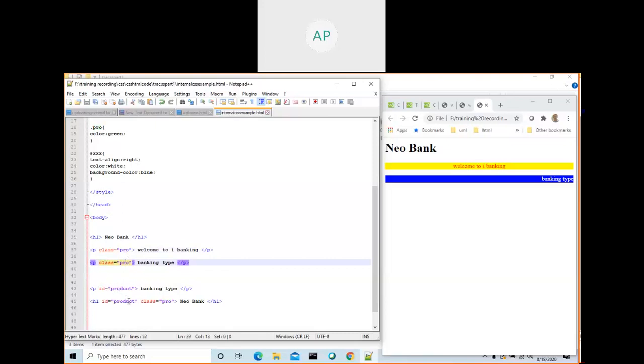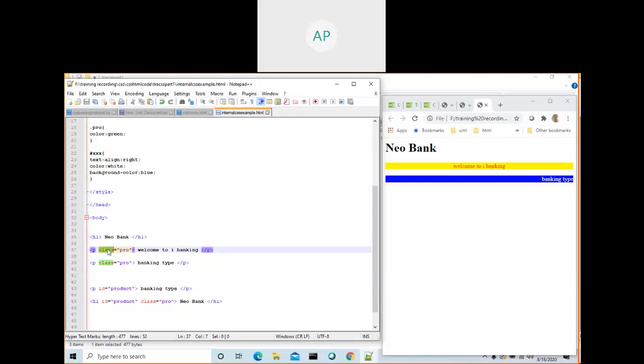That's not wrong. That's wrong. So that's the difference. Normally we depend on class, which is the best way. Anyway, a selector can be applied, CSS can be applied by using a tag, by using a class attribute, or by using an ID attribute. If you ask me which is the preferred way, class is the most preferred way.